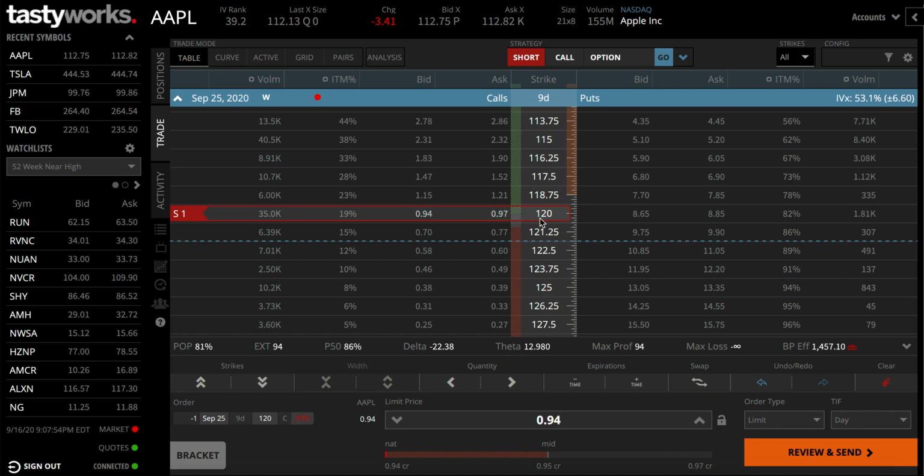25 120 call for $94. So basically I'll be making $94 if it doesn't reach. I'll be making money anyway even if it reaches, but after $120 I'll be losing money on each dollar. But the thing is I do have a leap, so it will increase in value anyway, so I'm not literally losing. I may lose like $3 or $4 after 120, but in that case you can close your leap and this together if it goes above, or you can roll back, or there's a lot of strategy you can do. But that's what I'm doing because premiums are juicy, so I'm making $100 a week with a pretty wide range